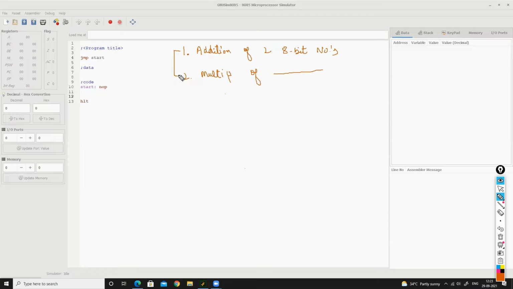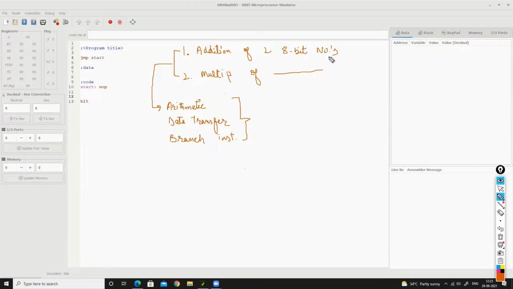And by discussing these two programs, we will understand the use of arithmetic instructions. We will also understand the use of data transfer instructions. And we will also discuss the use of branch instructions. Okay. So in data transfer, we will understand how we can transfer data from memory to registers, register to register, and also from input-output ports. Okay. So without wasting your time, let's start the first program.